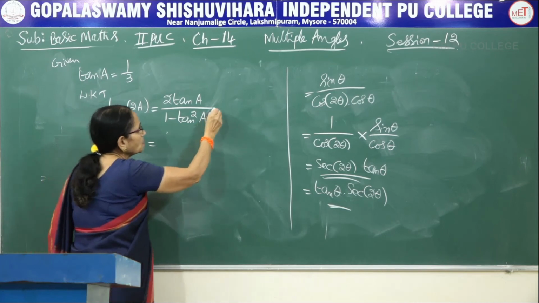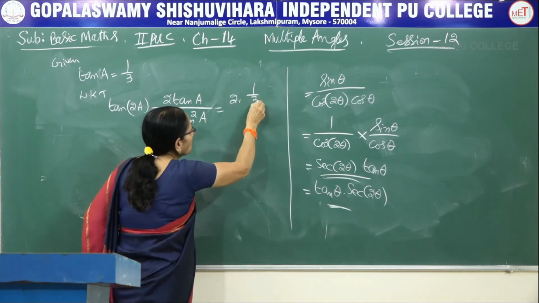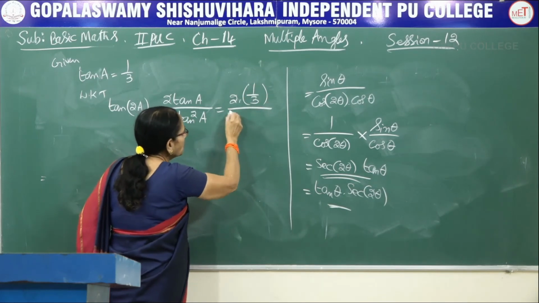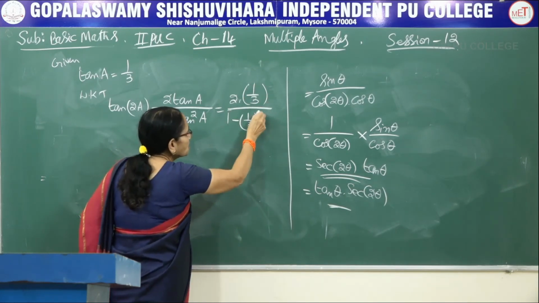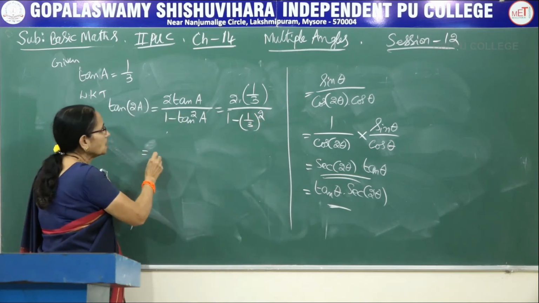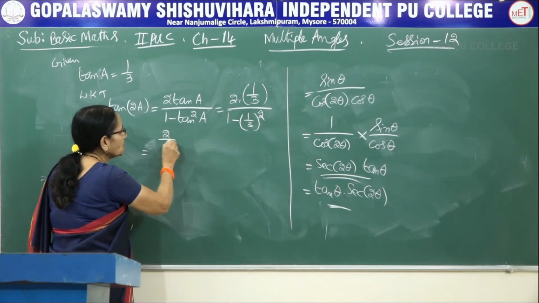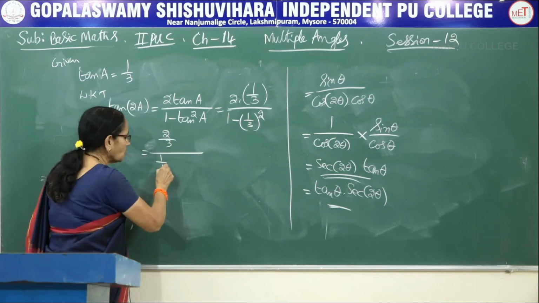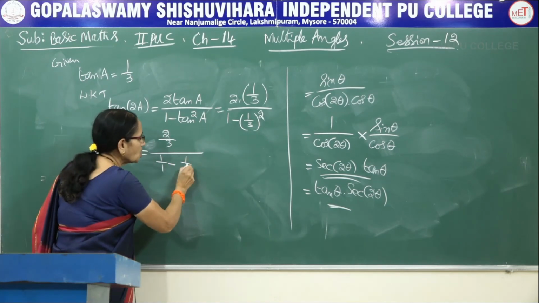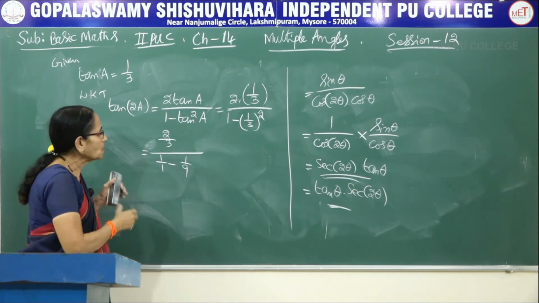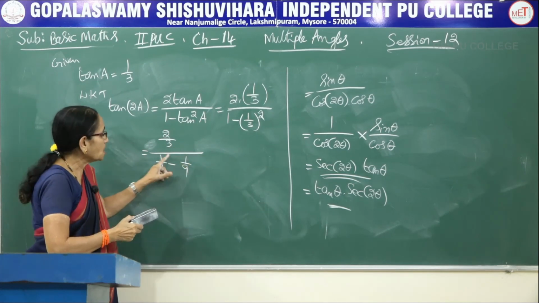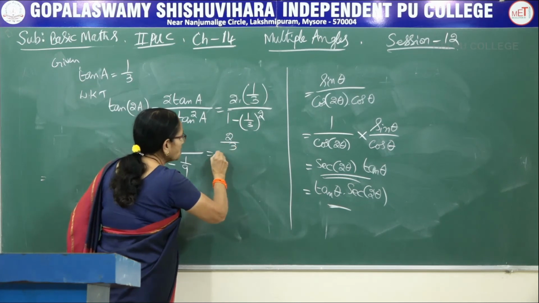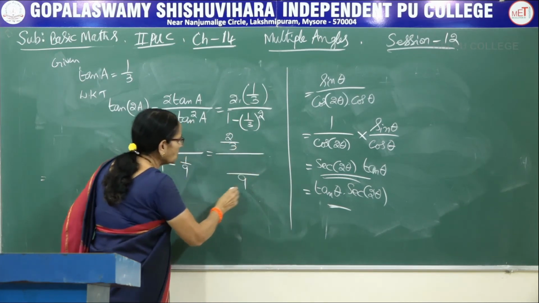Let me write that one. It is 2 into 1 by 3 divided by, if you want you can write a bracket, divided by 1 minus 1 by 3 the whole square. Now look here, 2 into 1 by 3 means it is 2 by 3, write a lengthy line here, 1 means 1 by 1 minus 1 by 3 whole square means 1 by 9. So keep the numerator as it is, take the LCM for the denominator, that is 2 by 3 divided by 9 is the LCM.